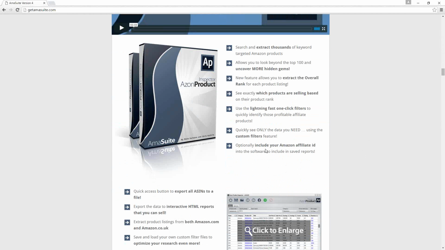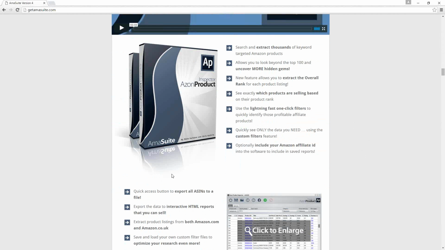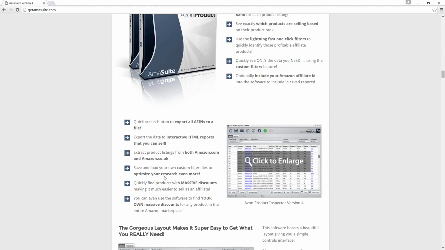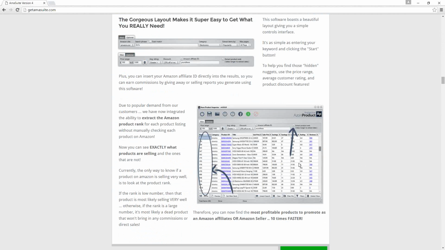This could also be used to help you to uncover keyword phrases that you might potentially be interested in targeting. It will also help you to dig a little deeper and to help uncover some of those other products that I was referring to, the things that you would normally have to go onto the Amazon website to find.